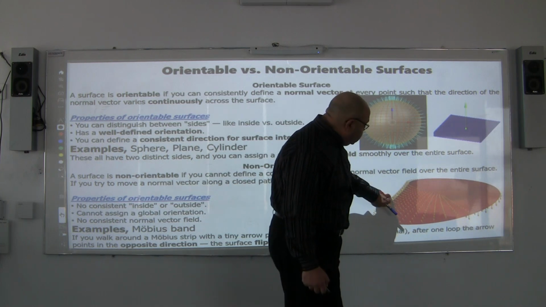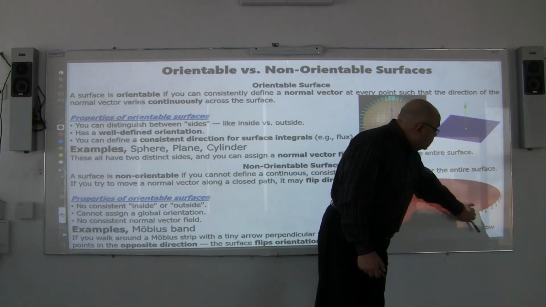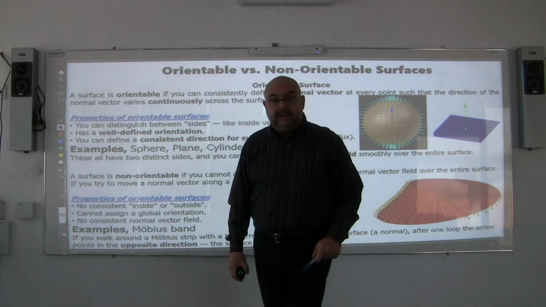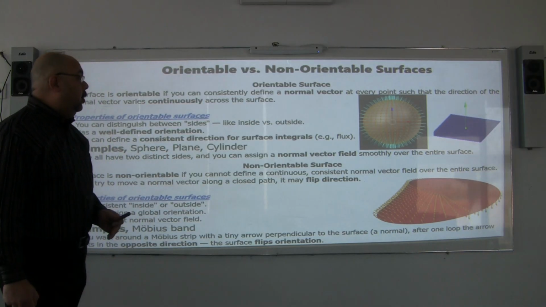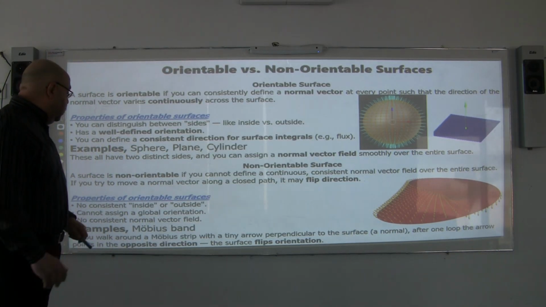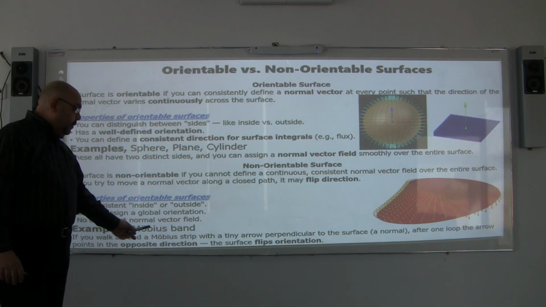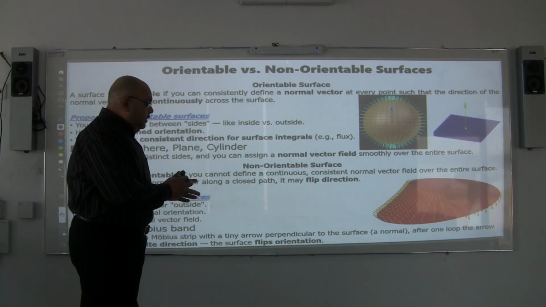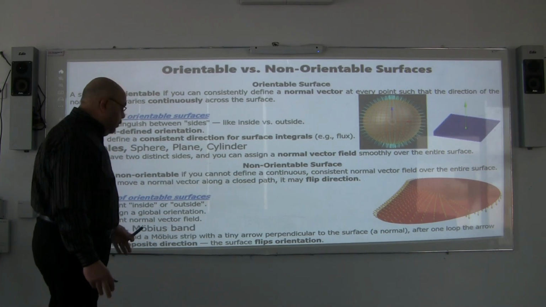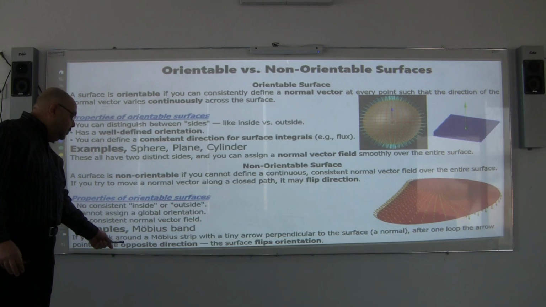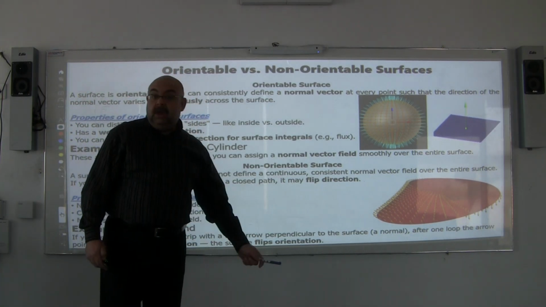Expand, and as you can see, these are the direction of the normal vectors on one side, and that's on the other sides going down. So you have some of them going outward and the others in the opposite direction, suddenly. As I told you once more, if you walk around the Möbius strip with a tiny arrow perpendicular to the surface, a normal, after one loop the arrow points in the opposite direction. The surface flips orientation, as I told you,